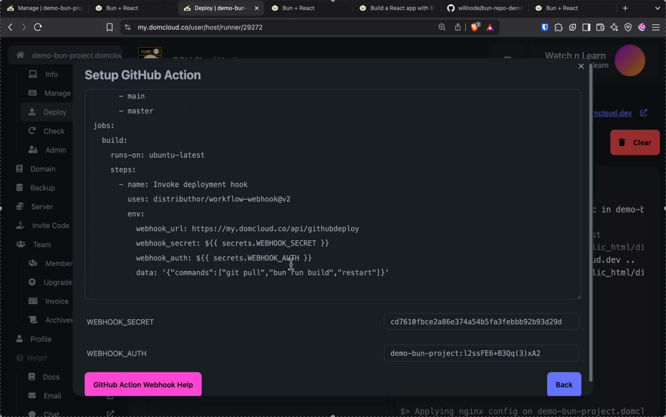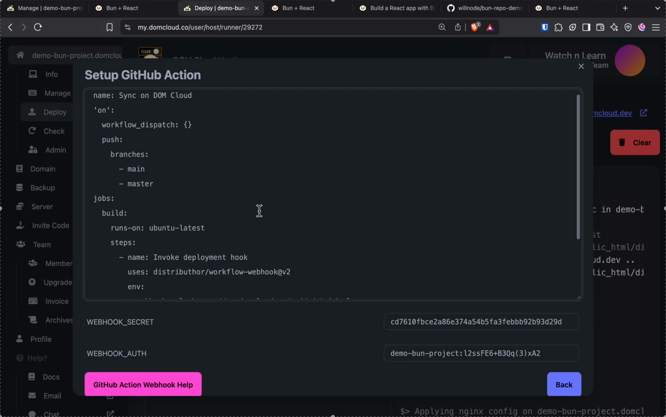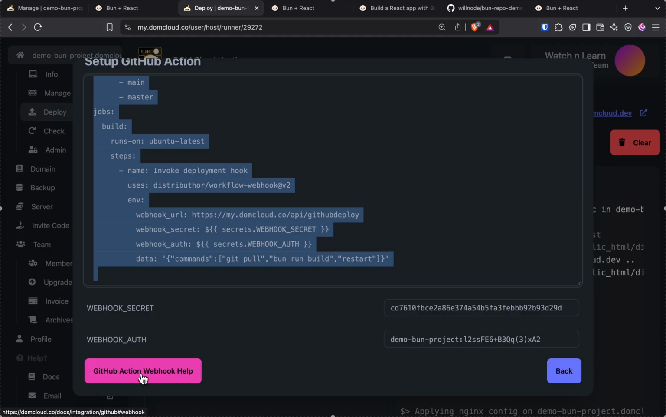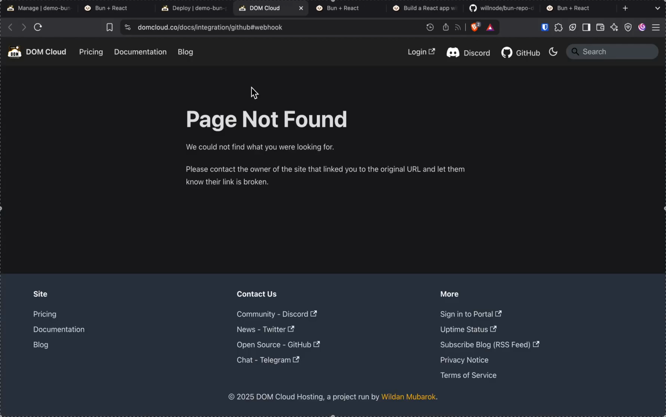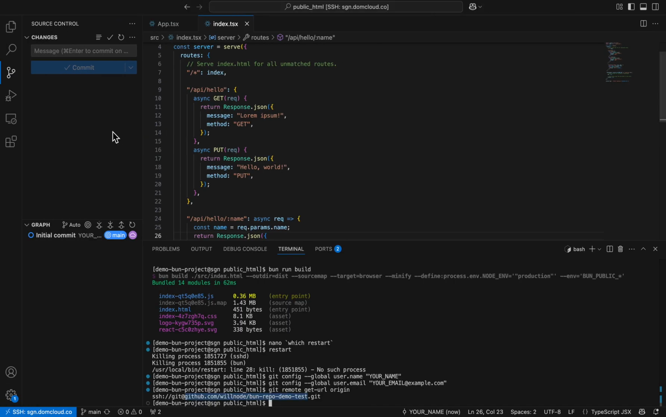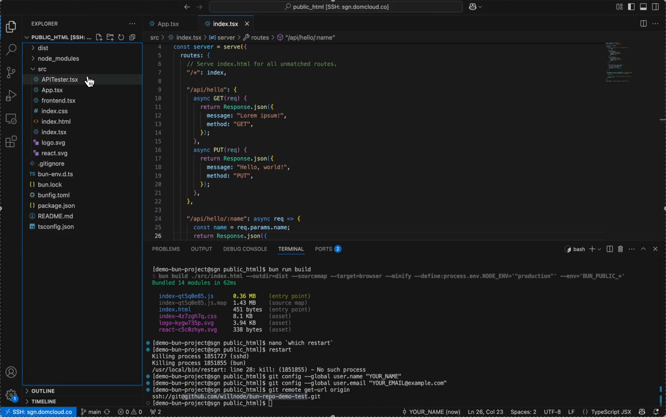Okay, this is the webhook that you should put in the deployment system. There is documentation on how to do it. I think it's not updated. Okay, that's on me, I'm gonna do it later. So to create